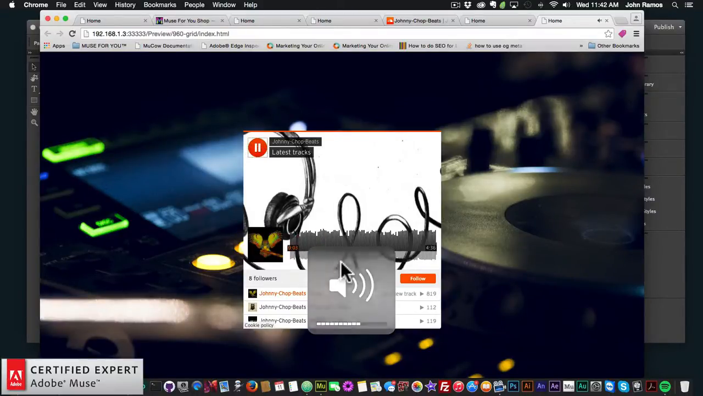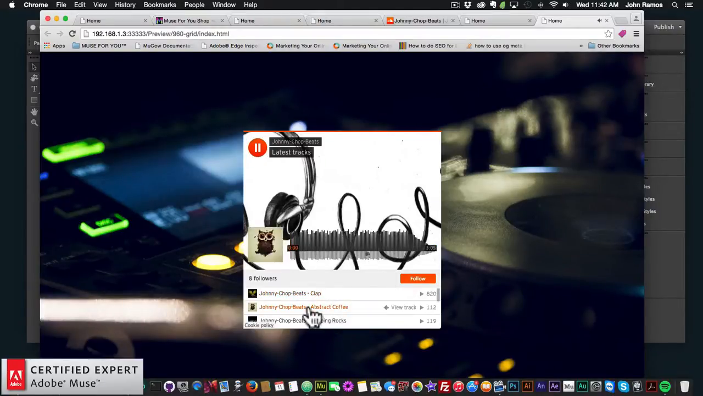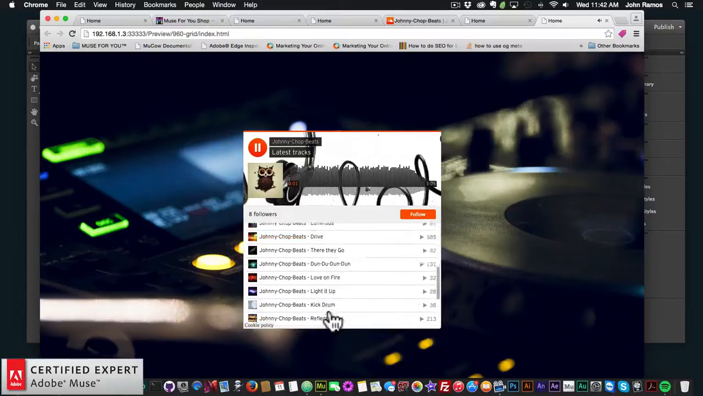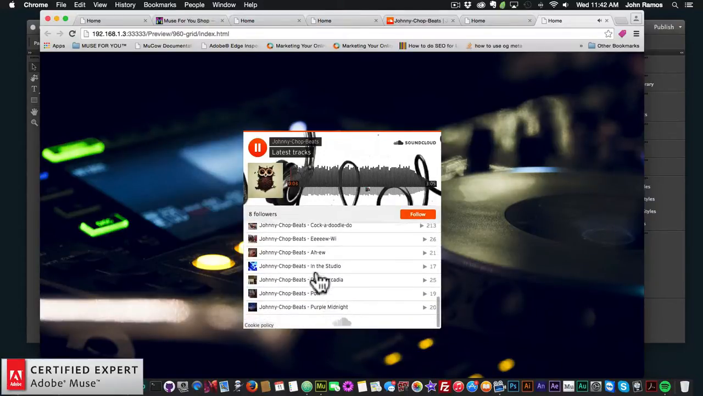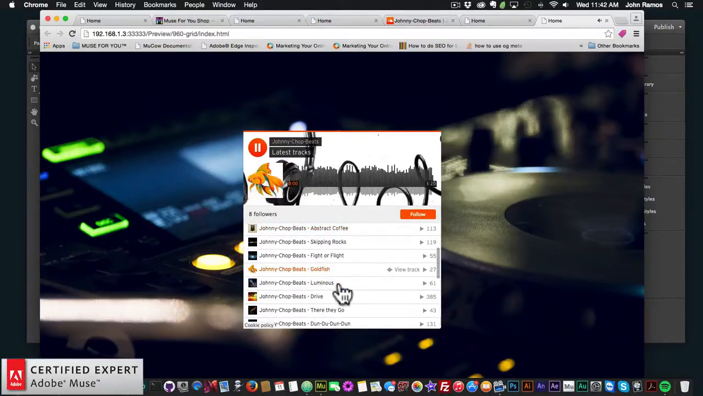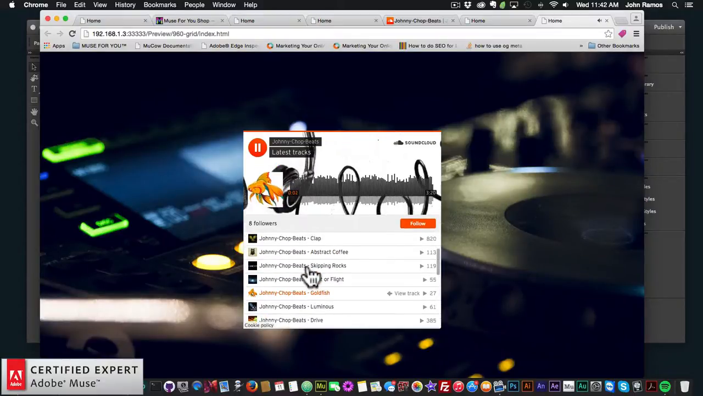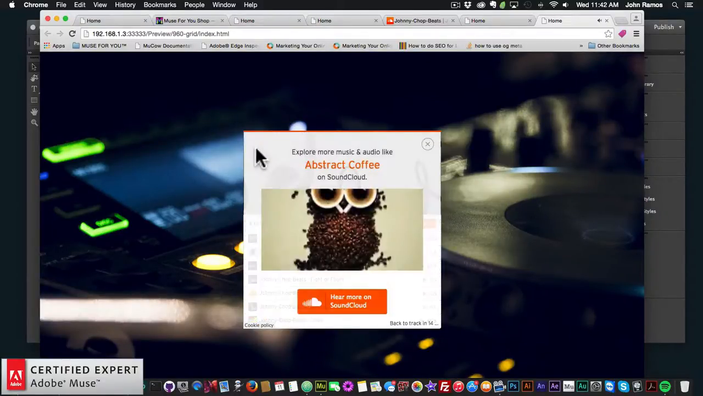And it'll play the tracks. And I can skip through the tracks. I can play this one. And I have all my SoundCloud tracks here. All right. So you can see it's a really great way to add your SoundCloud player music, or your SoundCloud music to